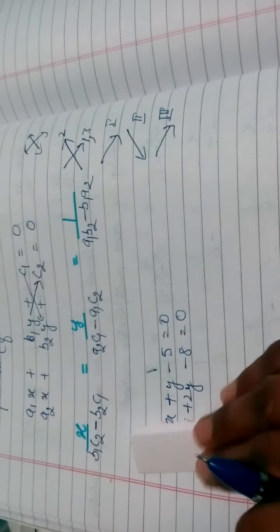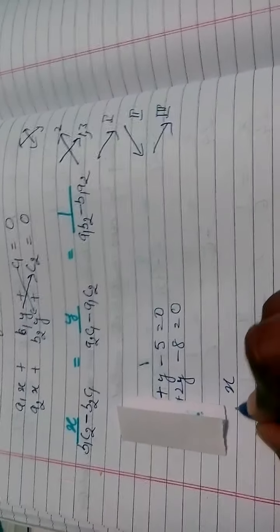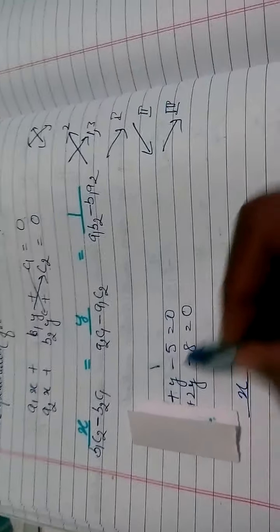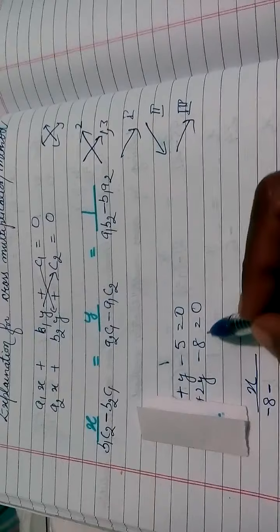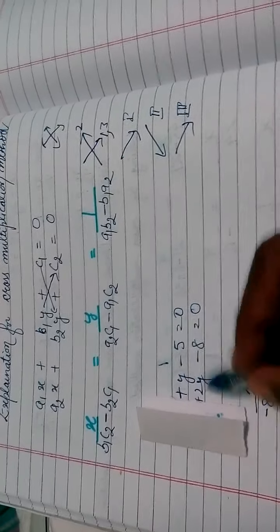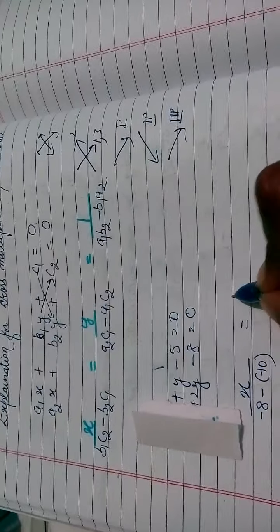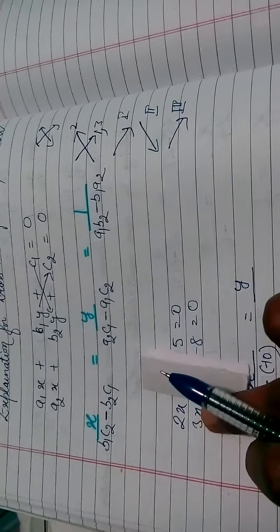You want to find the value of x, so write down x upon, as I said in the first step, like this. You'll get minus 8 and minus 10, so minus 10, which is equal to y upon,